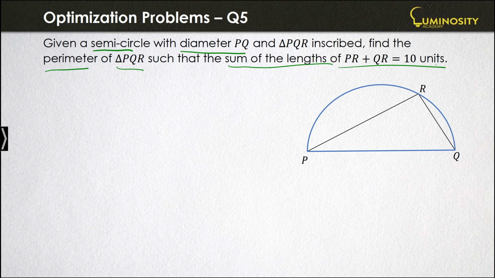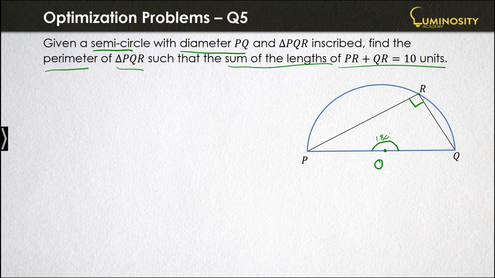The first thing I noticed is that because PQ is a diameter, it'll have a central point here. We can call that point O. The angle at the center is twice the angle at the circumference. This angle at the center, as a straight line, is 180 degrees, so that's twice the angle here. So this is 90 degrees. That's super important because now we have a right angle triangle, and we know some properties of right angle triangles,